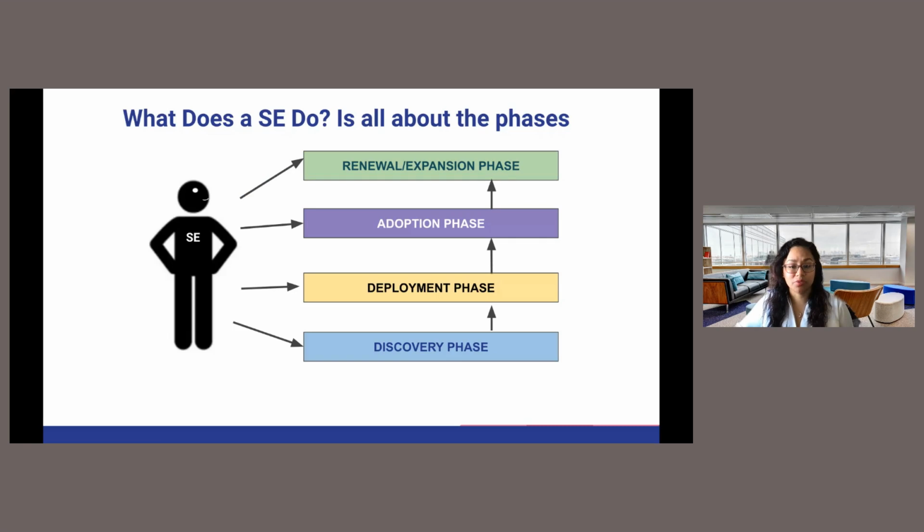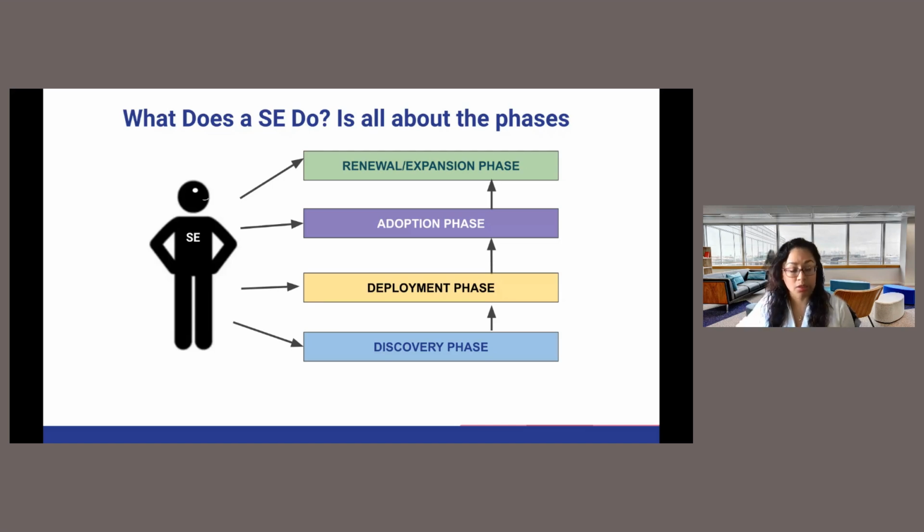For existing customers, sales engineers are engaged during the product renewal and expansion phase, meaning every year, especially now in SaaS, people have to go through the renewal process. They want to evaluate if the product is exactly doing what they want it to. And if they don't, they want to know, do I want to stay with you or do I want to go? So sales engineers are going to come in and their advice is going to be very important to assist the account team to determine the renewal process and the expansion path that the customer should follow to continue being